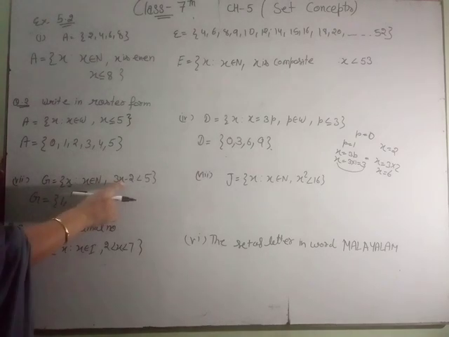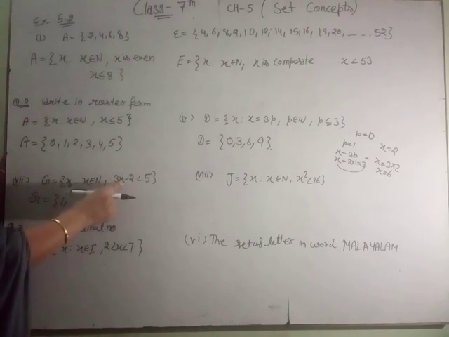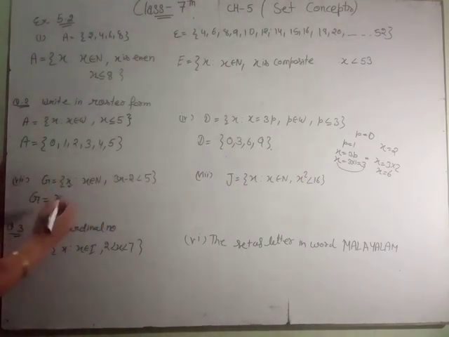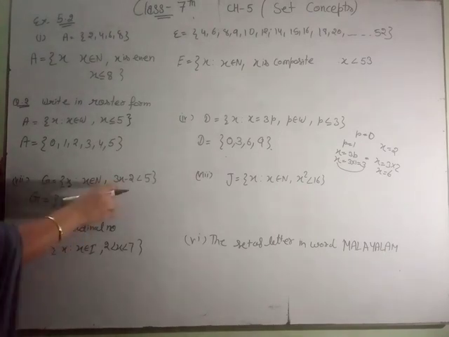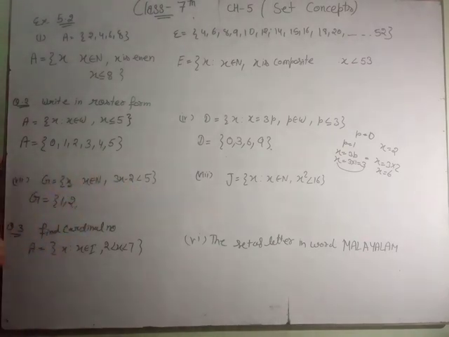If we take x equal to 2, x belongs to N, that means 2 belongs to natural numbers. 3 multiplied by 2 is 6, 6 minus 2 is 4, and 4 is less than 5. This condition is satisfied also, so we take x = 2. If x equals 3, 3 times 3 is 9, 9 minus 2 is 7, but 7 is not less than 5. Then we take only 1 and 2, because for 1 and 2 this condition is satisfied.